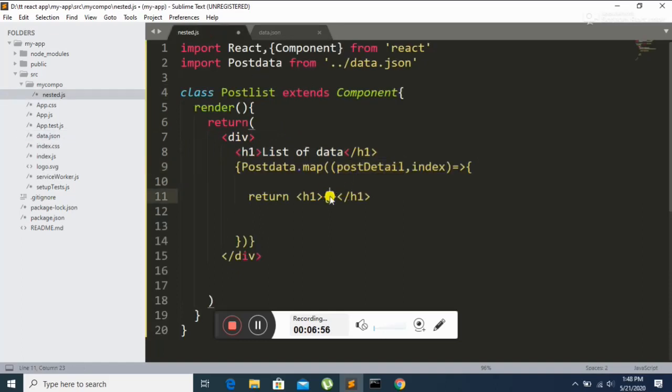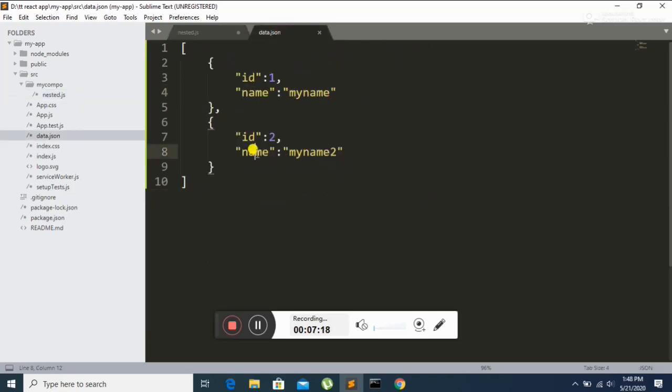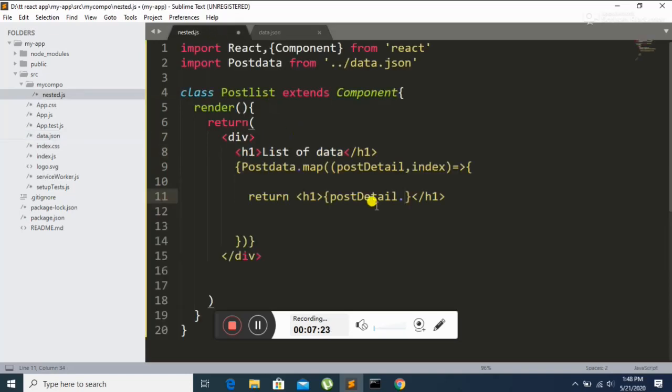So now I'm going to take this post details, copy it, and now paste it. So which type of value do you want to get from the array? Now I'm just putting the concatenation operator, like a dot, and after this dot I'm going to call a simple value from the JSON object. Okay, so what is the name in the JSON object? As I'm showing, the name. If you want to show the ID, you can show it. If you want to show the name, you can show it. So now I'm just showing this name. Okay, so finally I did it, and at the end of this function, what should we do?